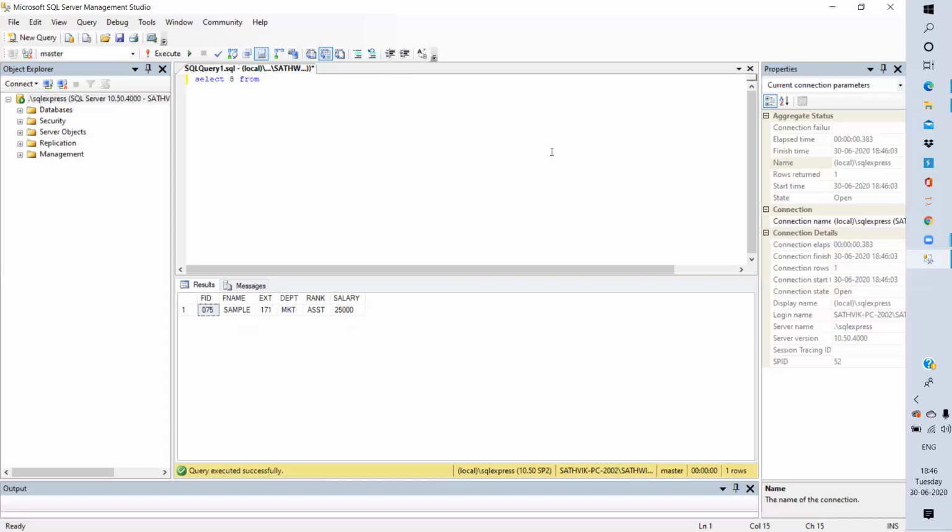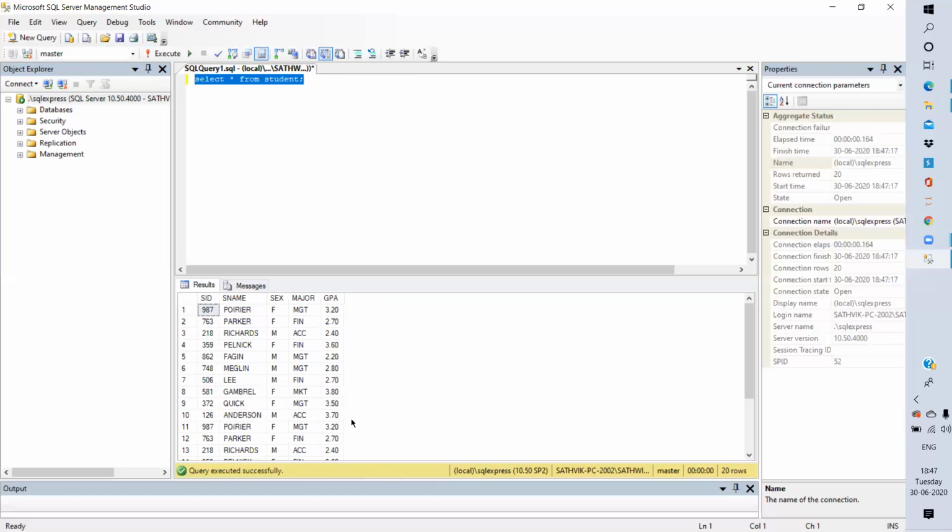Let's see from the students table. Here is the student table. There is some error, so that's why it's displaying double values.